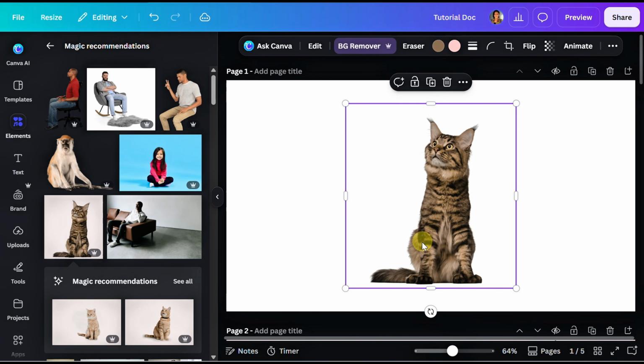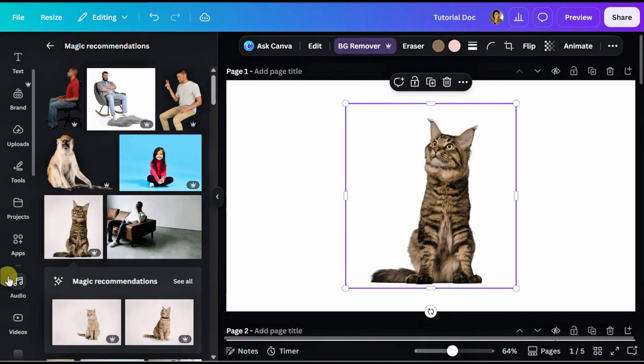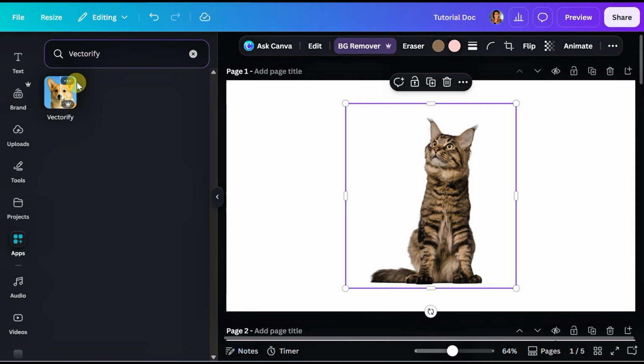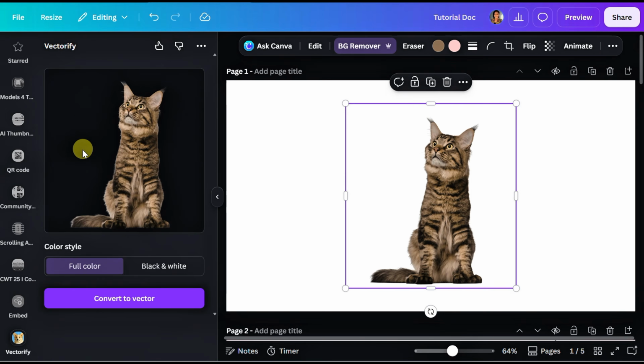Once you have your image you want to turn into a vector, we're going to come here to Apps, and we're going to search for Vectorify. You see it's come up here. I'm going to click on Vectorify, and once that opens you can see the full color of your vector, and